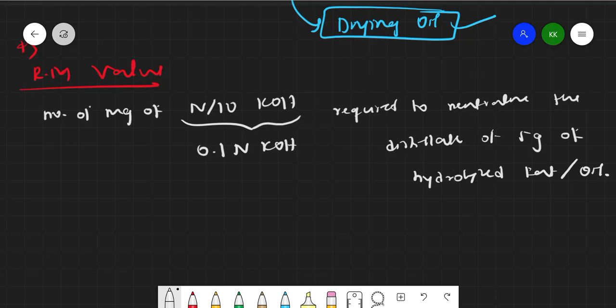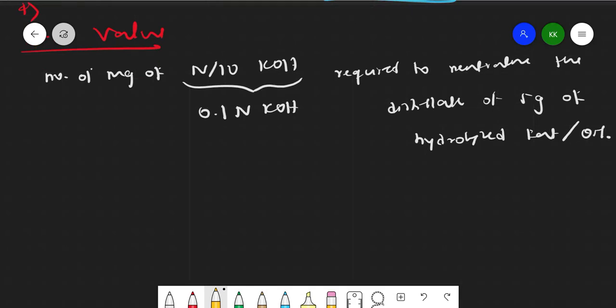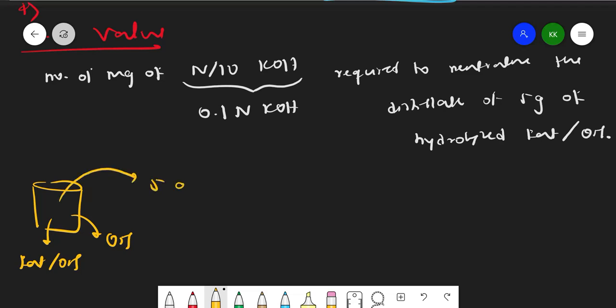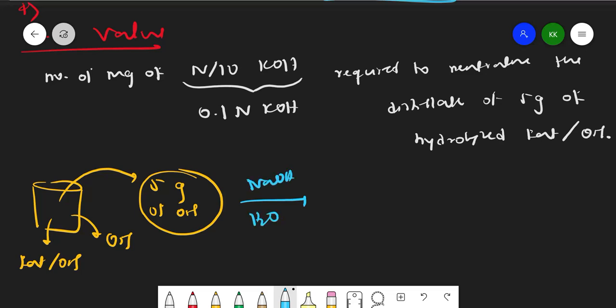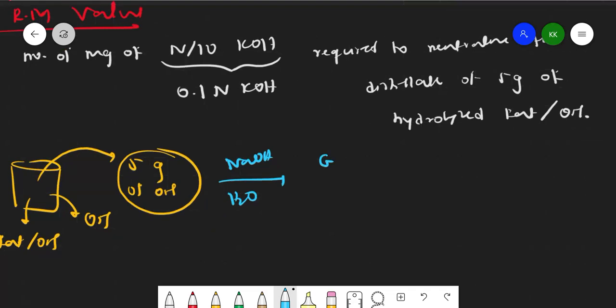So no need to worry. I hope you wrote the definition. Just I will tell you what they are going to tell. They have this fat and oil. Let us take that it contains only oil. From that we will take 5 gram of oil. Then I will do saponification now, with NaOH and water. So I will get glycerol, and 3 molecules of the sodium salt of fatty acid, O minus COR. So 3 molecules of fatty acid salt.